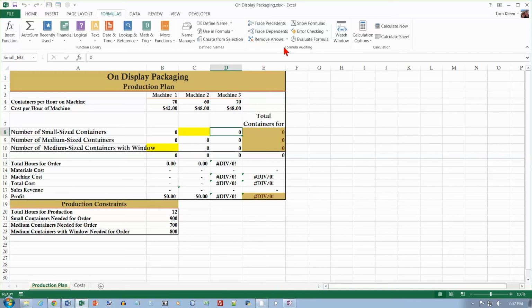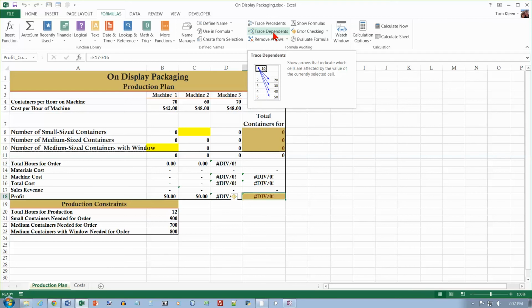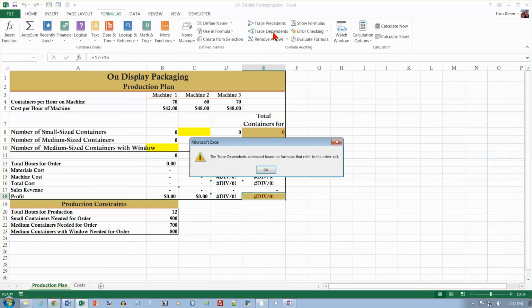I want to click on cell E18, which is this one right here, which appears to have a problem. It says division by 0. Well, I'm not dividing here, but something that it depends on is dividing by 0. So I want to click on Trace Precedents for this one, and it says click on Trace Precedents 5 times to find all of the things that